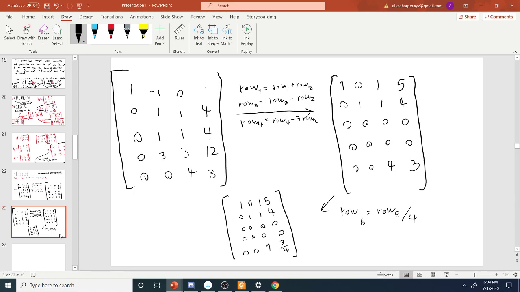And at this point, I could subtract the bottom row from this row and this row, and I would see that